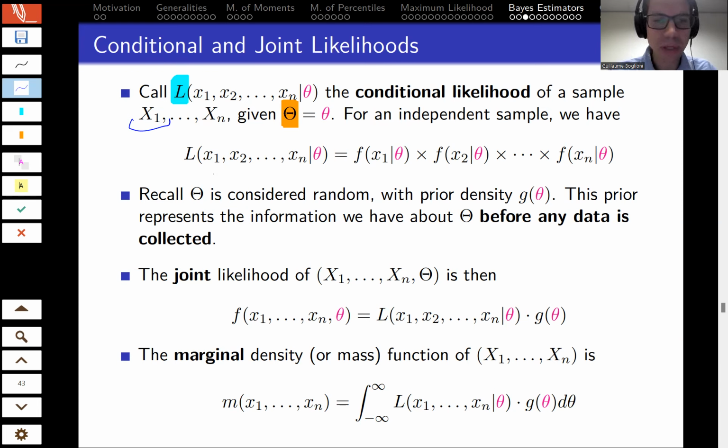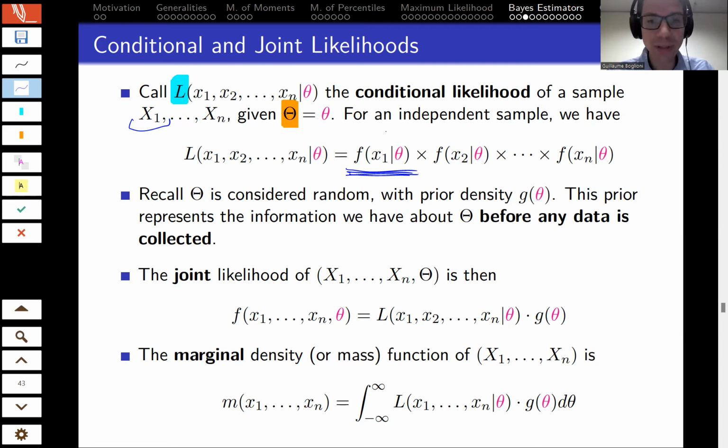But in all cases, because the x's are assumed independent, to get the joint density of all the x's given theta, you just multiply the individual ones, okay? The density of x1 given theta times the density of x2 given theta, and so on. Now, because this theta is random, as we said, it has itself its own probability distribution. So careful that here, this thing is really in terms of a joint density of two random variables here, okay?